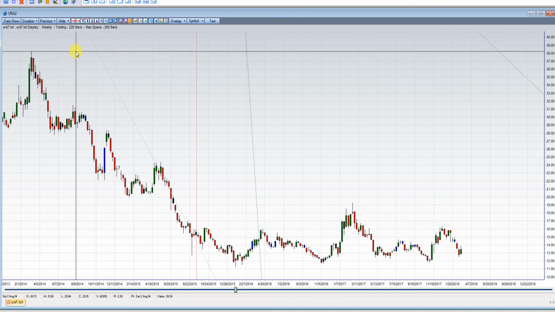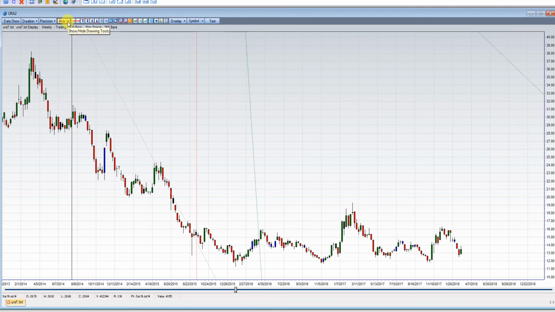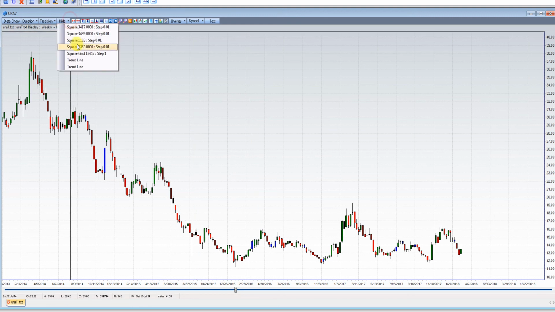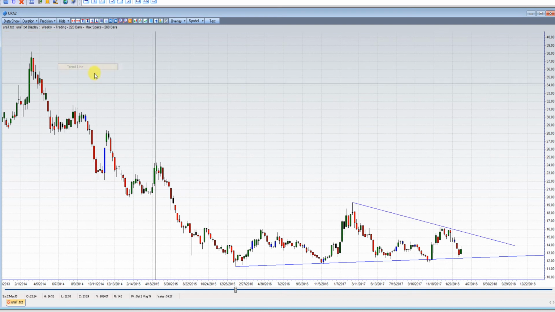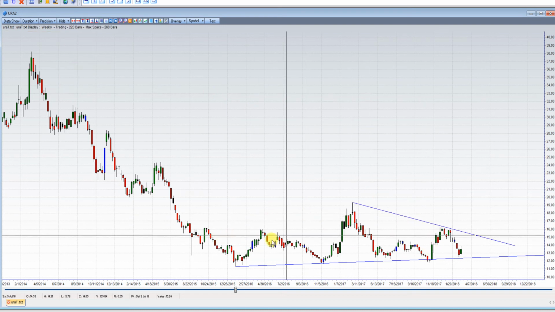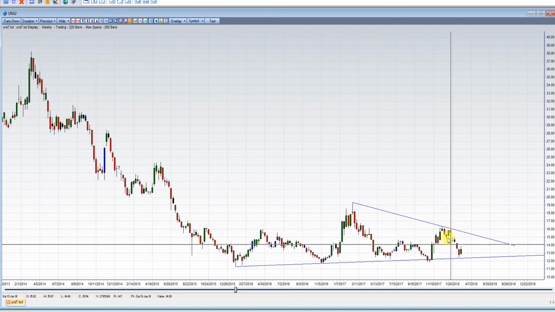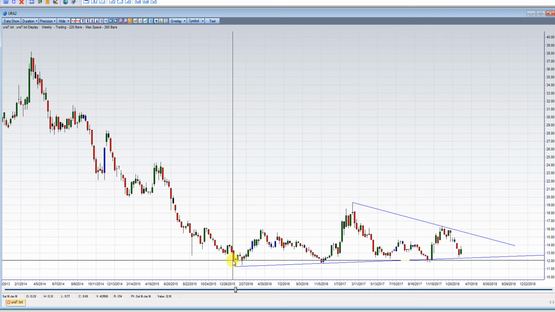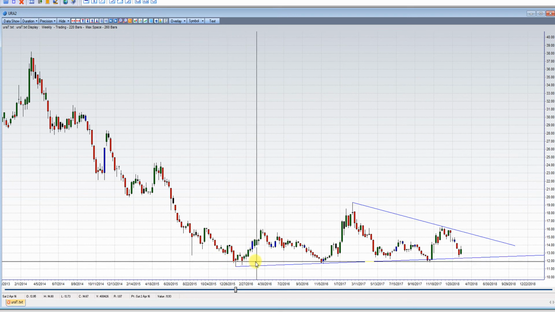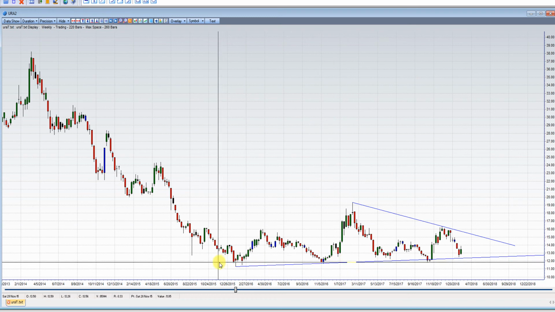Let's see here. Well, that's the way. That's from the all-time high. So that's like a monthly thing. Trend line, let's see what we got here. Prices are compressing, guys. Let me tell you. Prices are compressing. We've had 1 year from